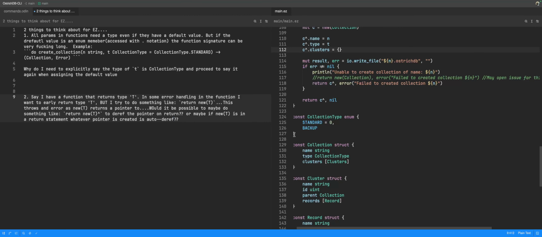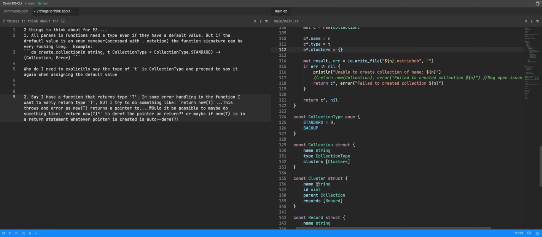Okay, let me think about this. Oh, yes, it's right here. So, bug: misspelled type causes